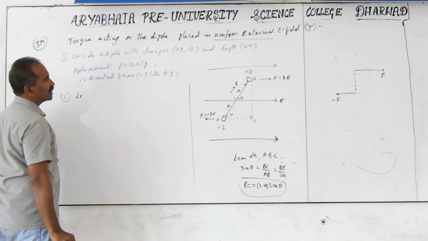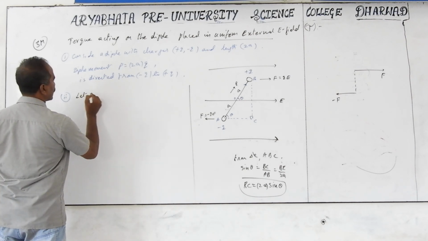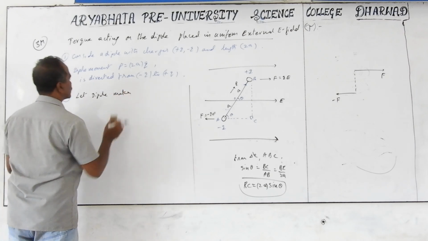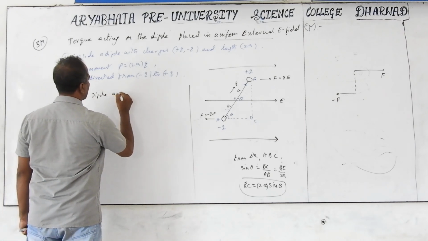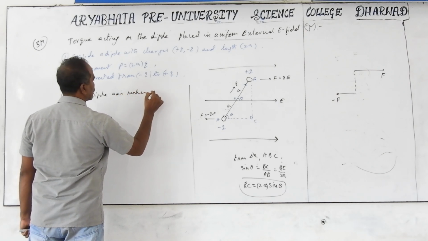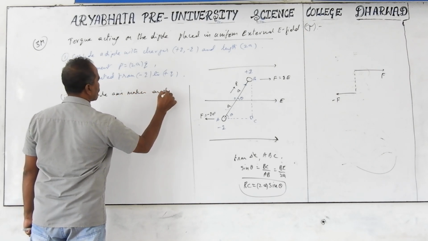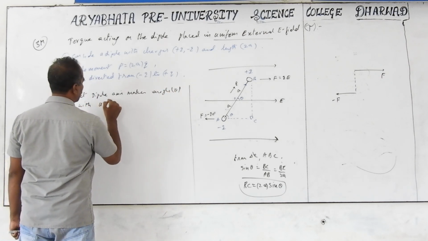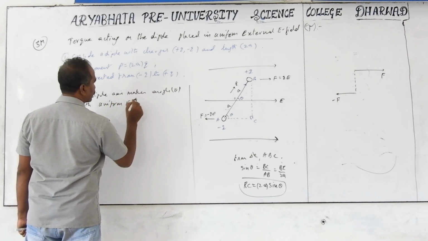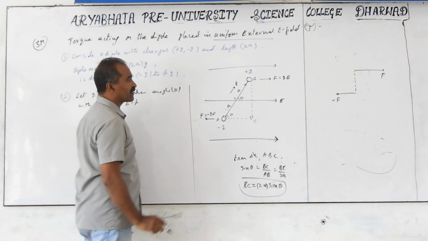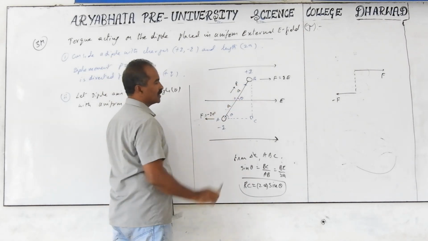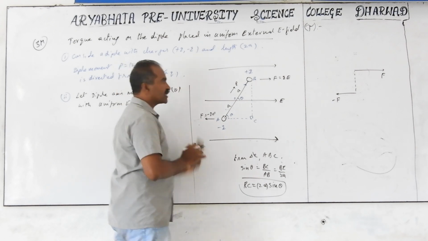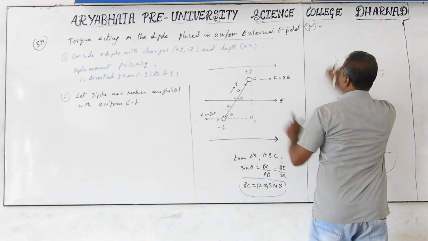We are placing this dipole in a uniform electric field. The dipole axis makes an angle theta with the uniform electric field. We are talking about the external electric field. Why do we call it external? Because the dipole charges also produce their own field, but these electric field lines are not because of this dipole; they are because of other charges. So we are imagining this dipole right now. Actually, this electric field is an external field.